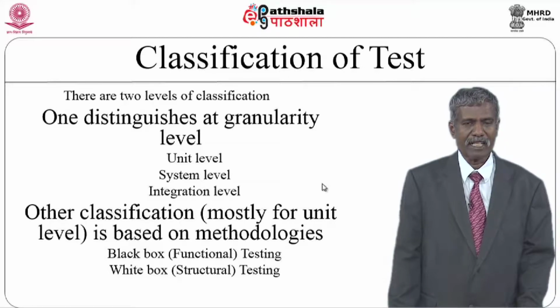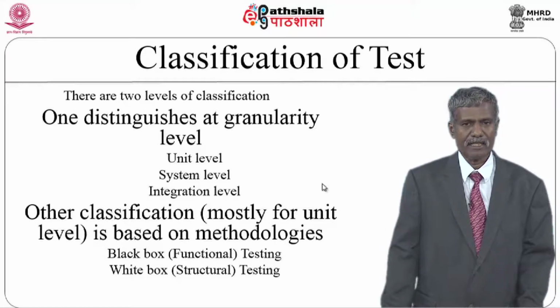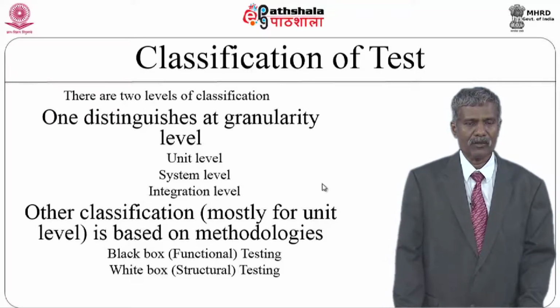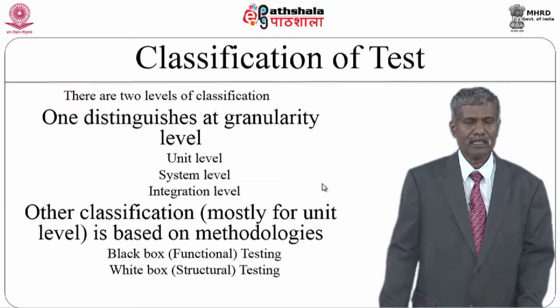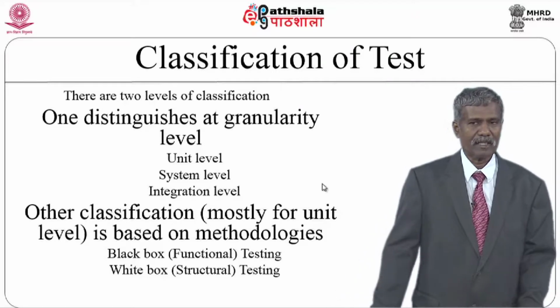You can go for a bottom-up integration. In bottom-up integration, you do not come to the main program first. You make function 1 and function 2 and test them separately using separate test cases. You integrate function 1 and function 2 to give a parent module. Assume that it is a tree. Function 1 is a leaf level node, function 2 is another leaf level node, and you integrate them to get a parent node. Like this, you integrate function 3, function 4 and function 5 to get another node.